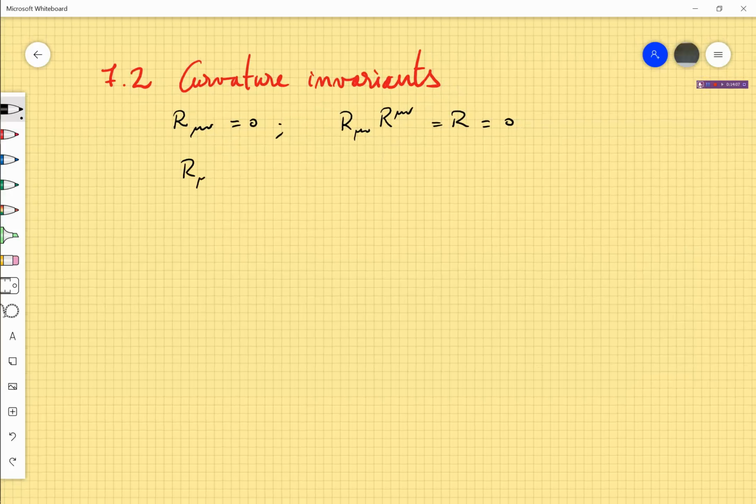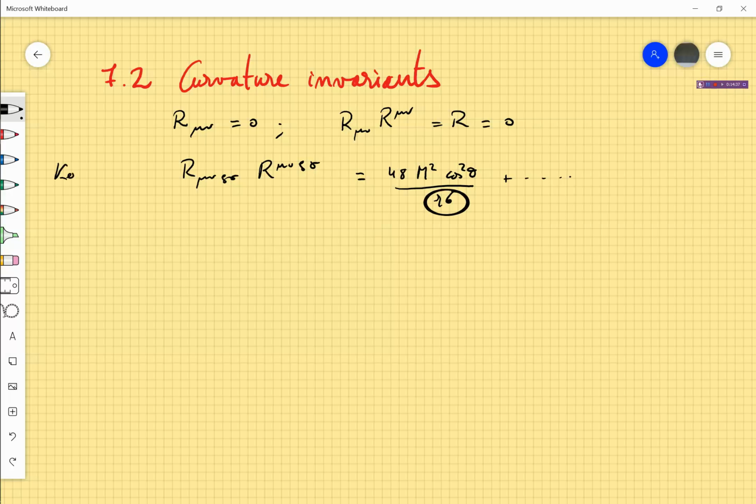The ones that are usually computed are the Riemann invariant, and this one gives you 48 m² cos²θ divided by r⁶ plus other terms which we do not care very much about. The important thing about this is that you see that there is really a divergence at r equals 0, a very strong divergence. Other invariants that one can compute, this is the Riemann,